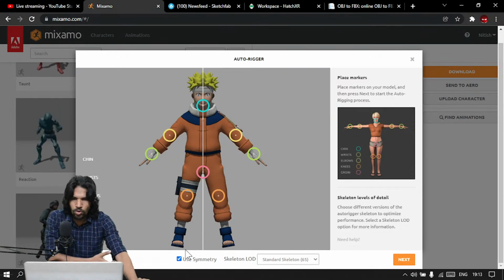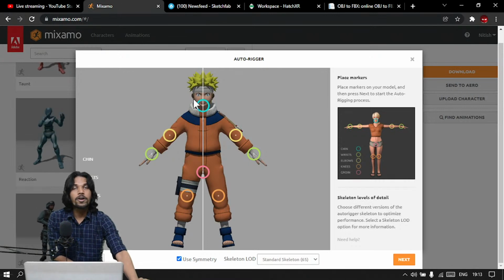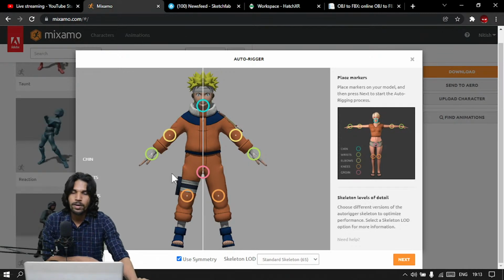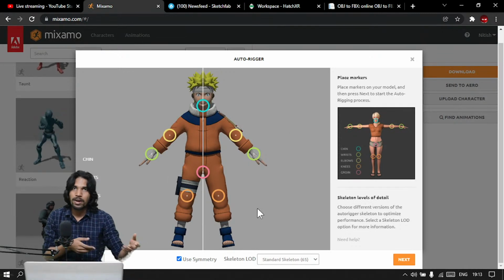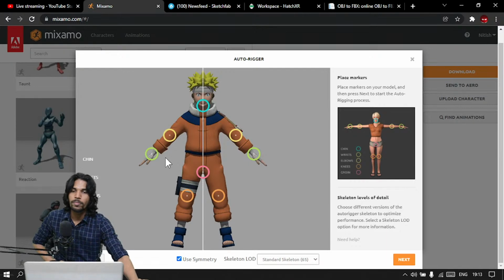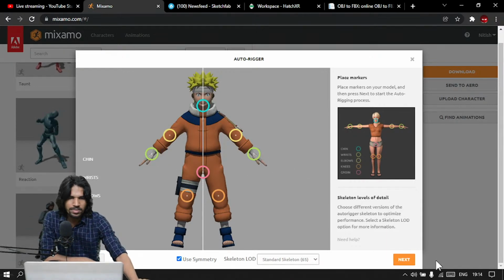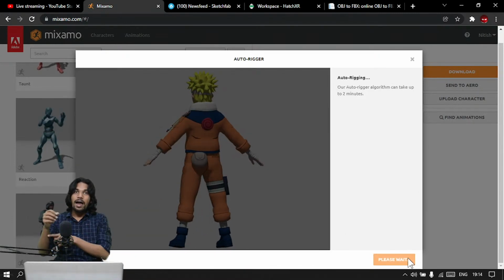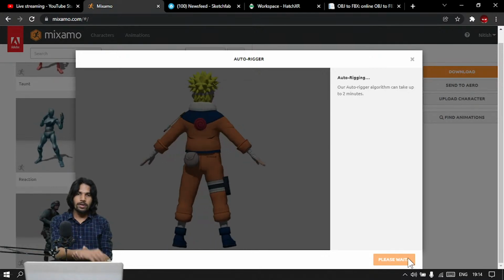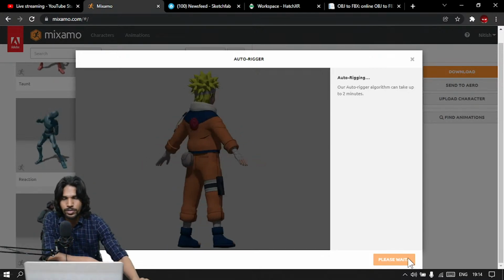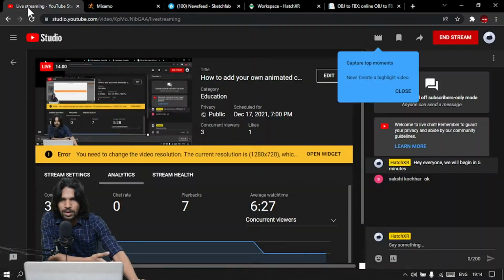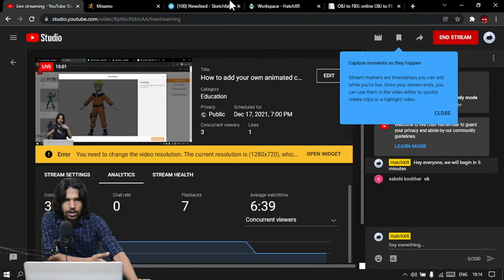Okay. So once you have placed them, I'm using symmetry because it's a symmetrical model. So the left and right points are placed at the same time. If you have an unsymmetrical model, then do not use symmetry. You will have to place left and right sides individually, and then just click on next. And it will take time to add bones to your character so that it knows how to move the character. It can take up to 2 minutes. And in the meantime,